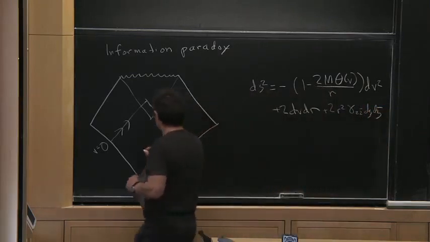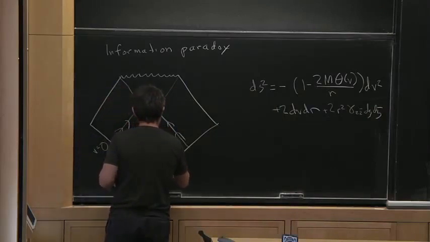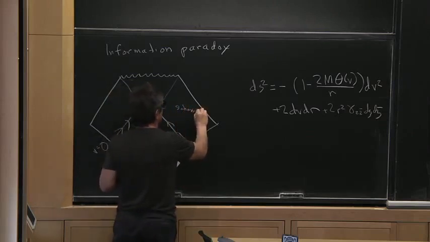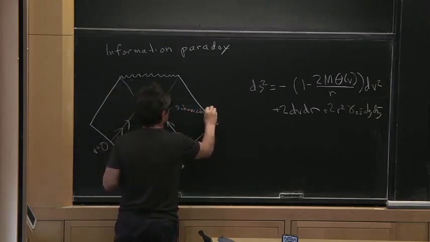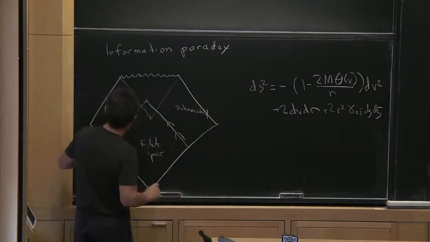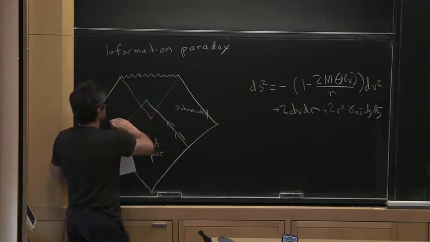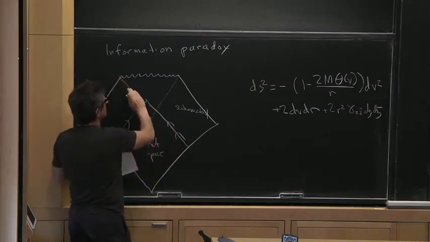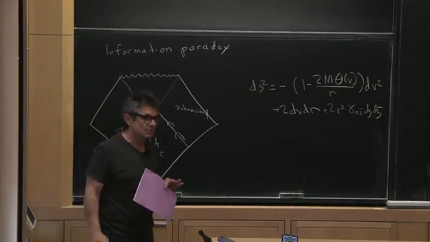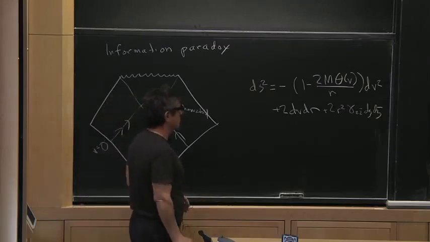So we have flat space down here. We have Schwarzschild here by the Birkhoff theorem, or Schwarzschild up to a diffeomorphism. And they're joined along this shock wave. We create an event horizon. That is, we create a region from which no light rays can escape to infinity. And so this is a typical picture of